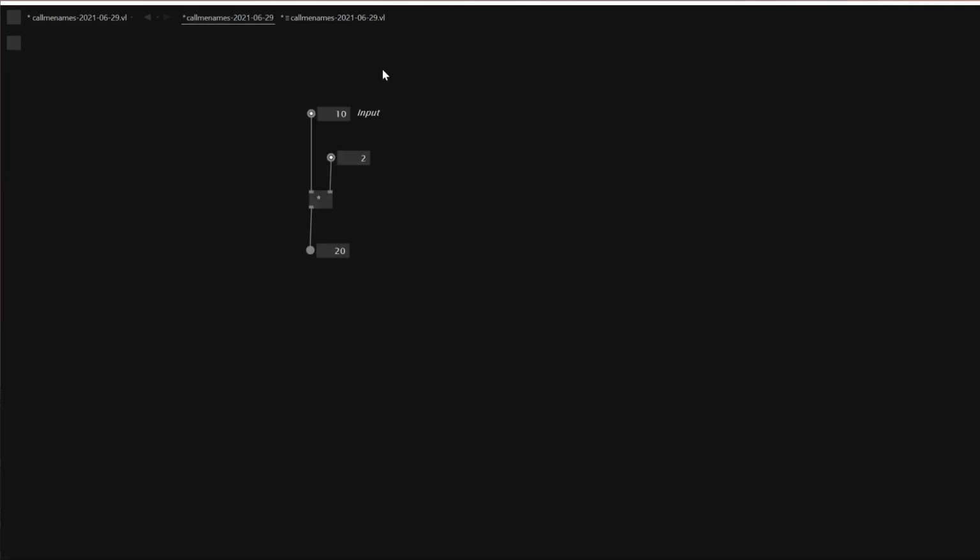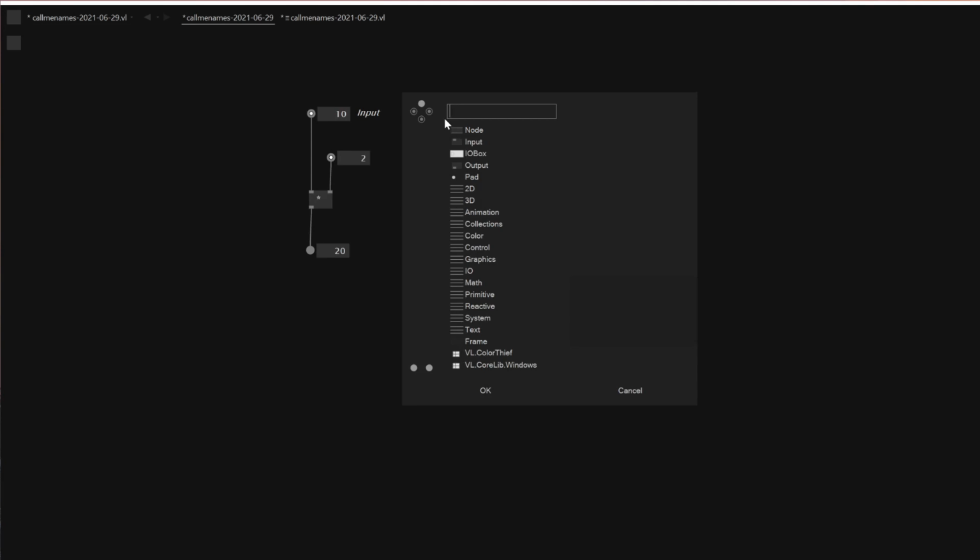So this is where you put different patches, like sub patches. You can store sub patches here. Right now there's nothing, but let me explain how you can add one here. So in vvv gamma, if you type